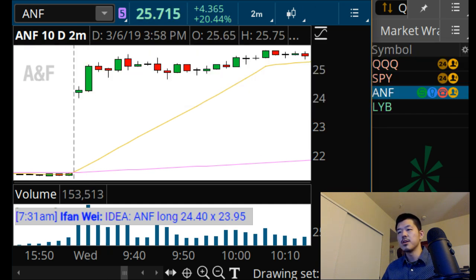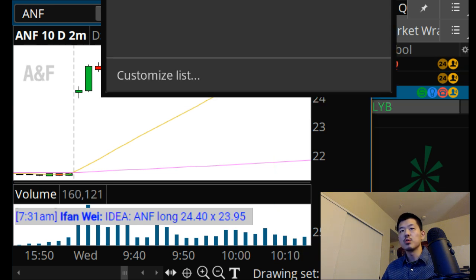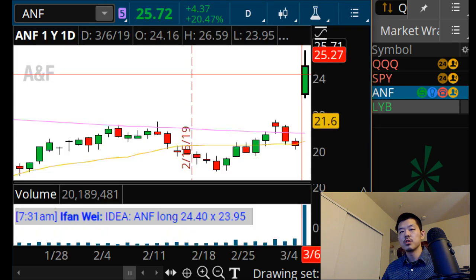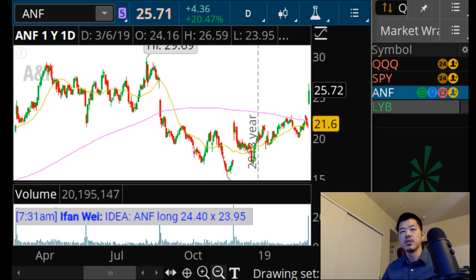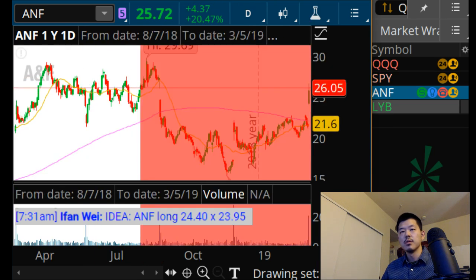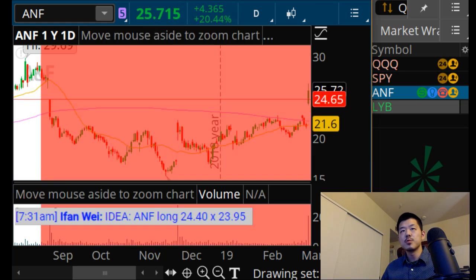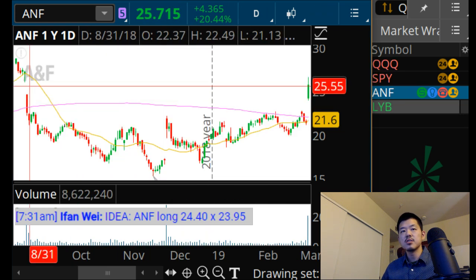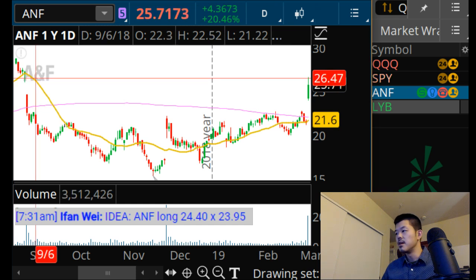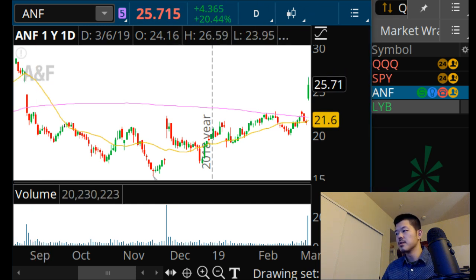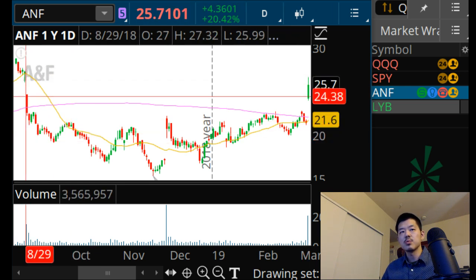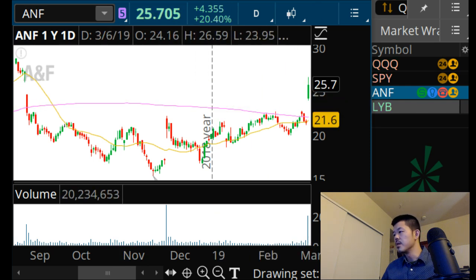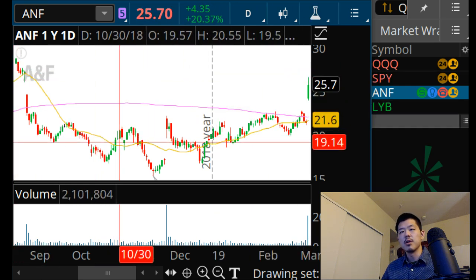2440 by 2395. Those were the numbers. I was looking at 26 as the target, just the closure of the gap on the daily here. And it definitely got further than that. Similar kind of uptrend in a weak market as the C trade yesterday. So, focusing on the right things, I think this week has been pretty good. And even into the end of last week, I thought we've been doing pretty well on picking the right ones, focusing on the right symbols.